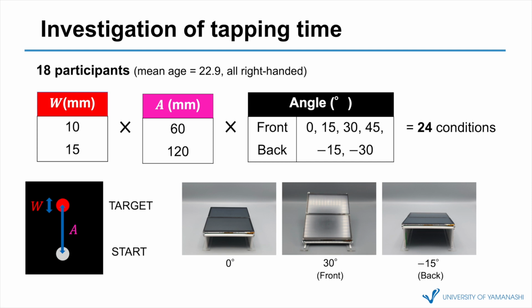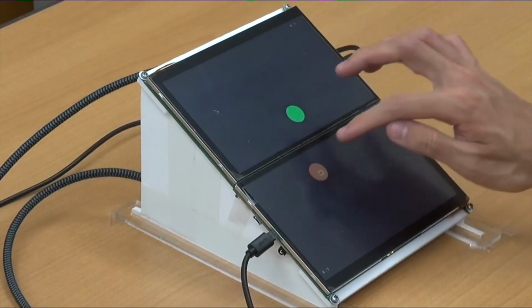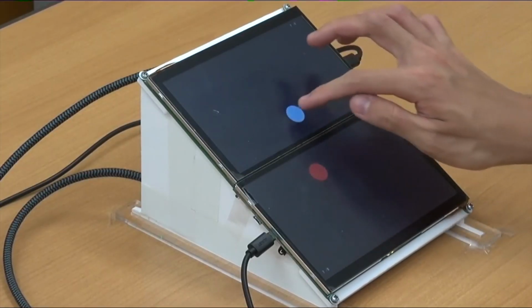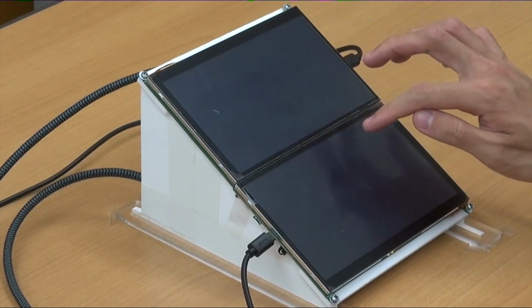Investigation of tapping time on the 2D Fitts law task was conducted on 18 participants. The target width W and the distance A were set to 2 conditions, and the angle of the display was set to 6 conditions. In total, 24 conditions. The participants conducted 16 trials of tapping the white start circle and the red target circle, in that order, with